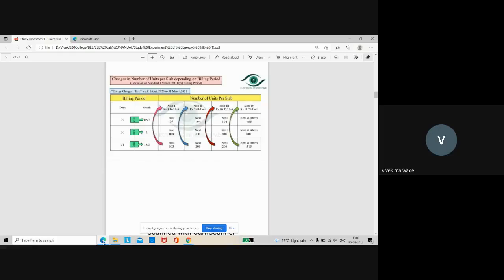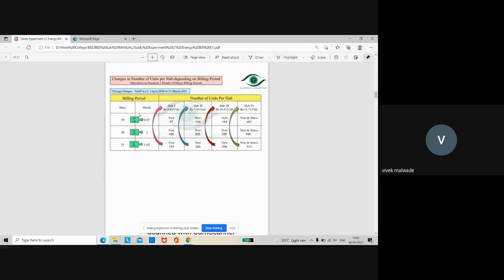So in that case your first 97 units will be charged at 3.46 per unit. Next, multiply 200 by 0.97, you will get 194 units. Next 194 units will be charged at 7.43 per unit. Look at the first row here, that is, the billing period of 29 days that we are discussing